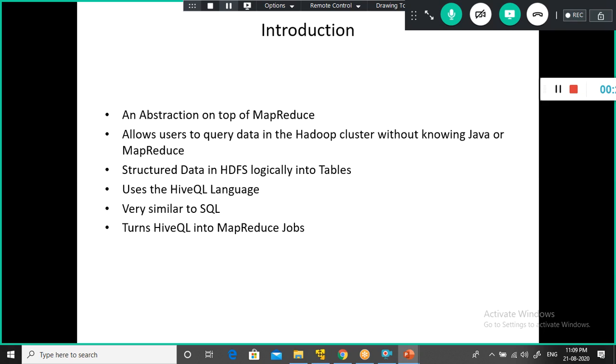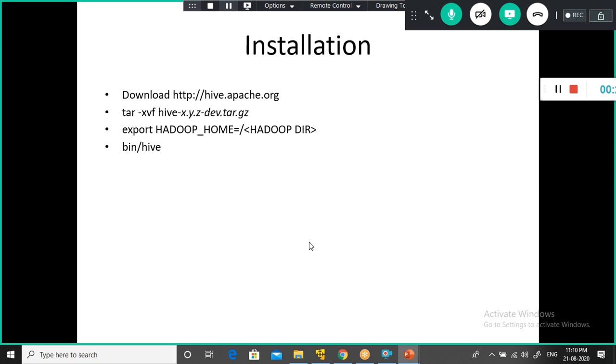But to create a table, you have to get into the Hive data warehouse. There you can create the table, and then use HiveQL, the Hive query language, which turns HiveQL into MapReduce jobs.